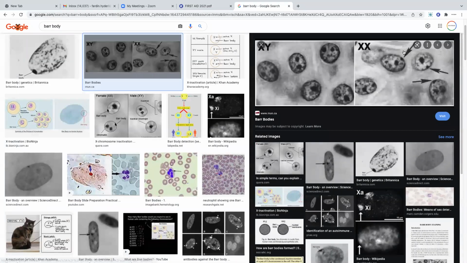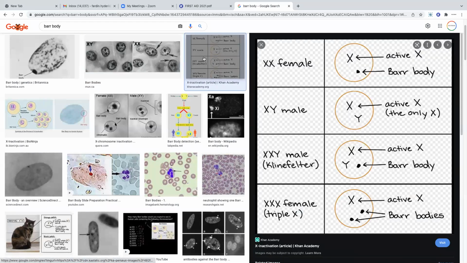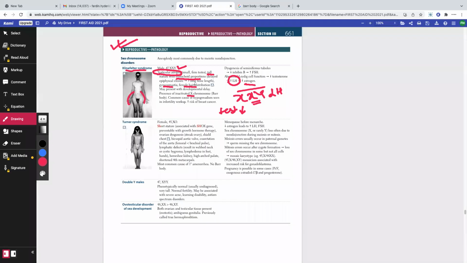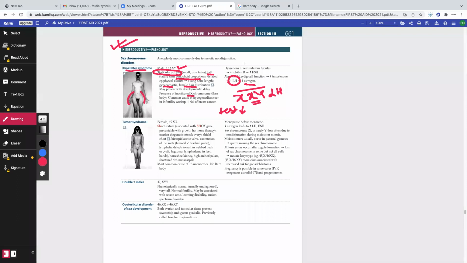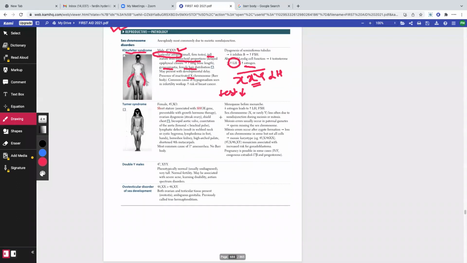Barr bodies are these structures. Okay, these structures. These Barr bodies are known as inactivated X chromosomes, right? So whenever you see these kind of pictures or Barr bodies for a male, please try to think about the fact that they are trying to describe Klinefelter syndrome. Okay. And the common cause of hypogonadism seen in infertility workup, meaning that this is the most common cause of